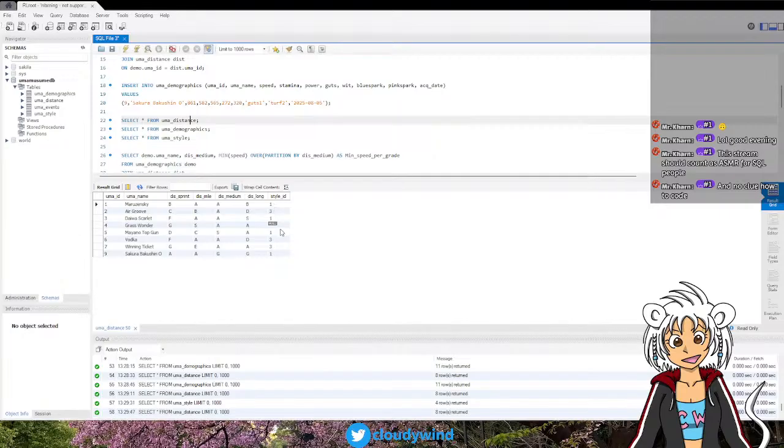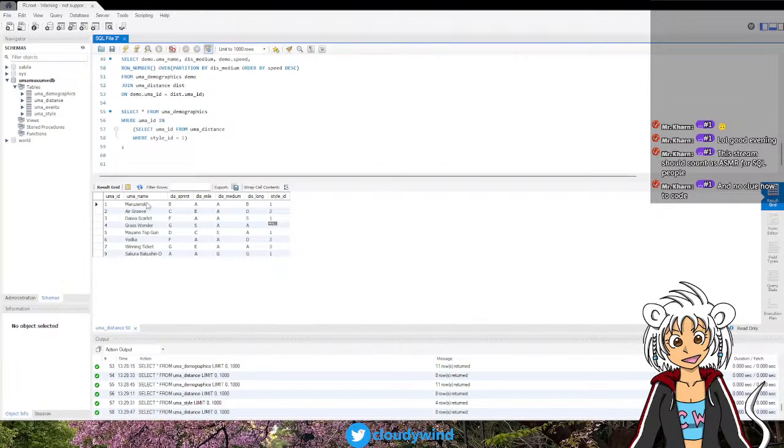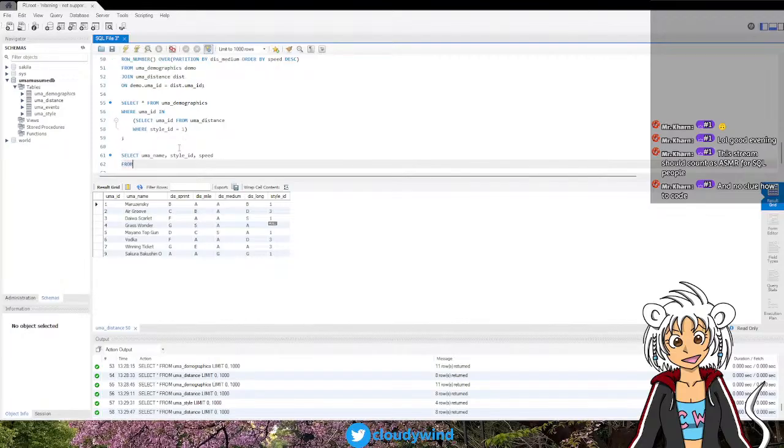So we want to find out, let's say I want to see what the speed is for these UMA together with the information of their style ID. Usually this is what I will write, right? I will write select UMA name, style ID, and then what's the other speed? Okay, from UMA demographics